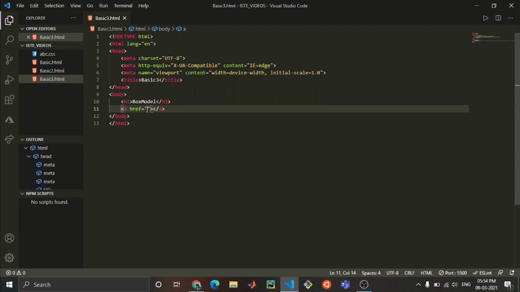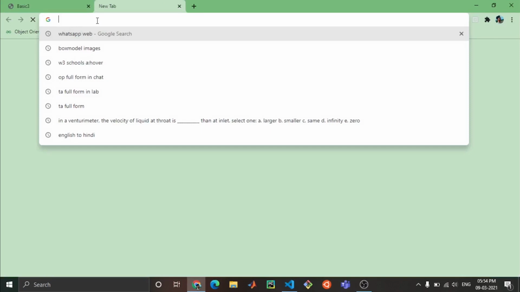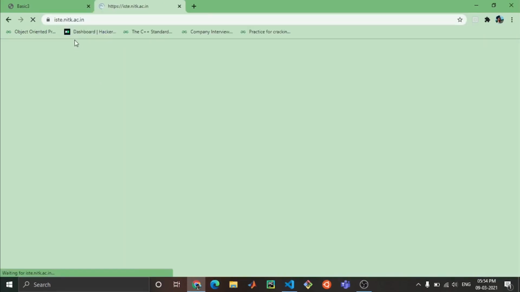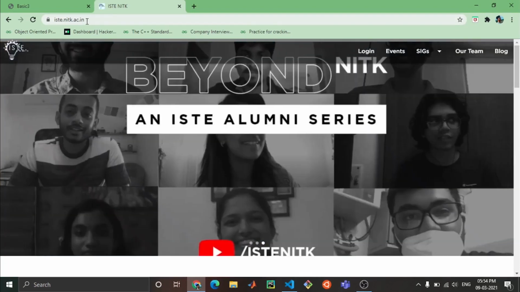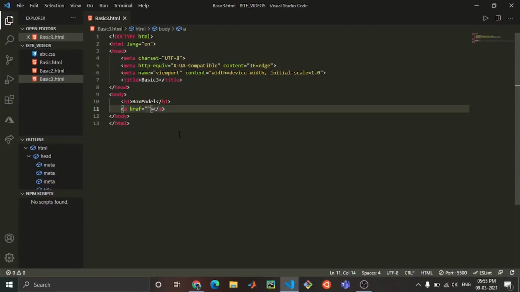Okay. Now here in between this space, you have to provide your link. So I just go to some website, or I can go to IST website, ist.nitk.ac.in. This is the link of this website. You can see this website. Just go to ist.nitk.ac.in. Just copy this link, go to your VS Code, paste it over here,